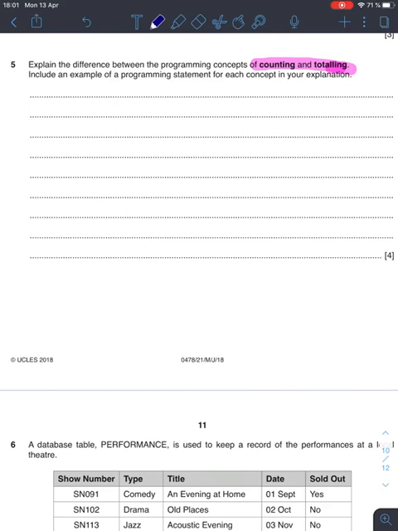Counting, we've seen counting, for example, when we've got count controlled loops. Any iteration where we need to keep track of the number of iterations or the number of times something has happened, we might use a variable as a counter, and we simply increment that counter each time the iteration is carried through. Okay, so basically, a counting